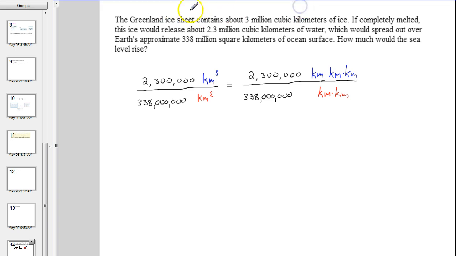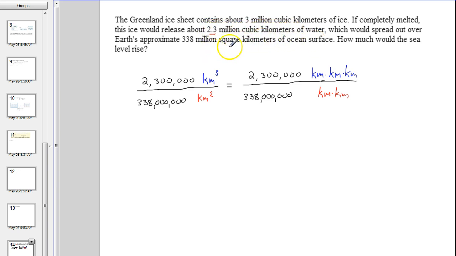You have ice melting, okay, and they tell you how many cubic kilometers of ice there is, and if they completely melt, instead of this number, this is the amount of water that actually has to spread out. This is the ice, this is the water. So when it asks how much would the sea level rise, well, that's water. So this is the number that we use. And then the 338 square kilometers of the ocean surface is where this 2.3 million cubic kilometers of water is